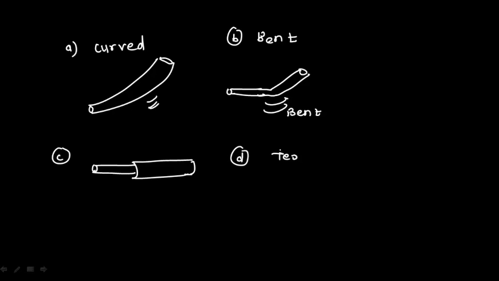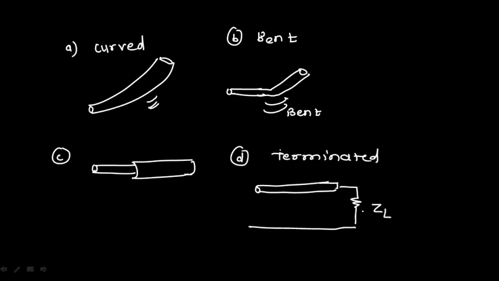ठीक है, so what do you mean by terminated? If I am terminating that particular wire, so this is my wire, ये मेरा wire है, ठीक है, और इसको मैंने this load के साथ terminate किया. I can say this is nothing but the ground. So if your wire is terminated, it can radiate. So यहाँ पे आपने उसको termination दिया हुआ है. ठीक है, so this is the ground, and this is nothing but you have made it discontinuous. So in this case also your wire will radiate. A single wire can radiate.